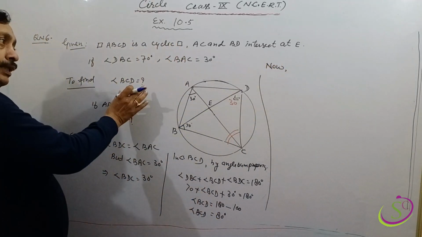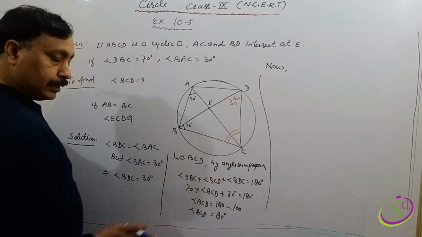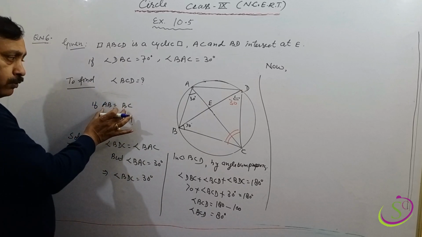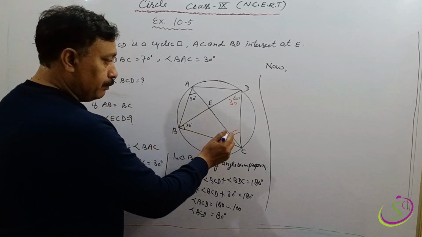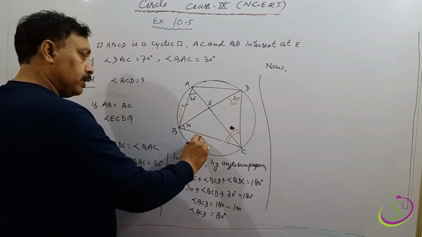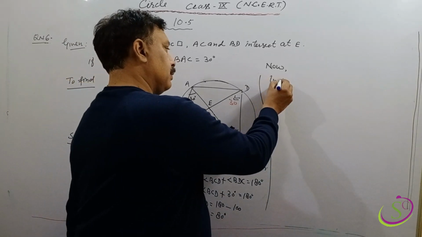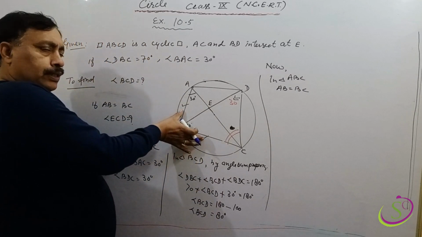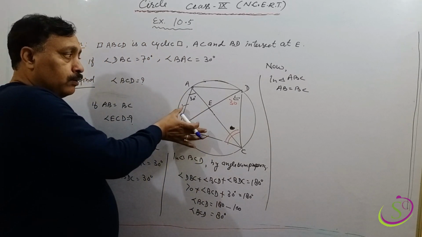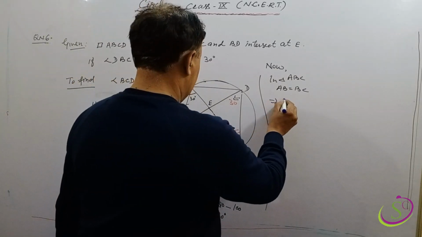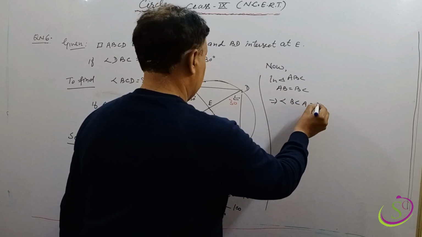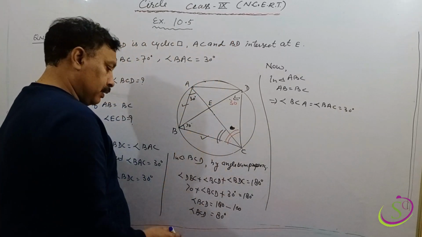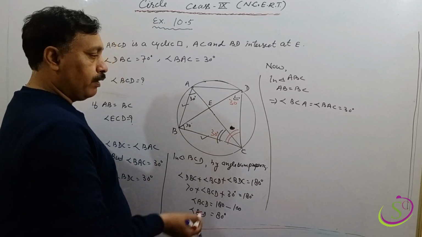And now look, BCD we have 80 degree, but in another situation AB equals BC. If AB equals BC, then what will angle ECD be? ECD means this angle we have to find, when this side and this side are equal. So in triangle ABC, AB equals BC. Look, both sides are equal, so angles opposite to both equal sides are also equal. So angle BCA equals angle BAC, which equals how much? 30 degree. Means this angle also came 30 degree. And what we have to find is this one.